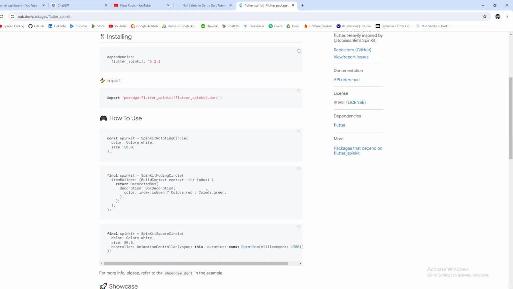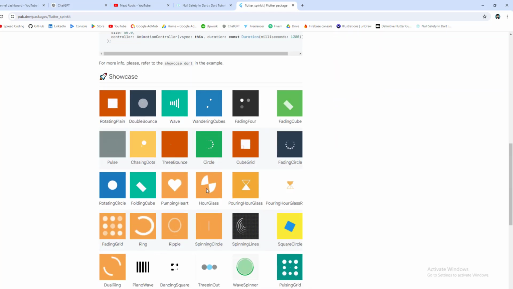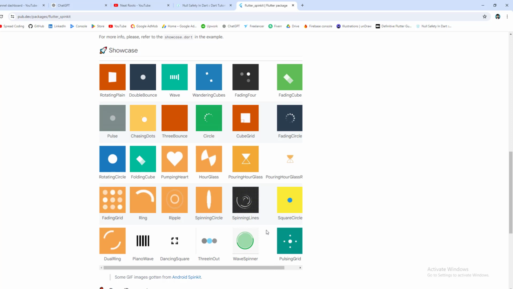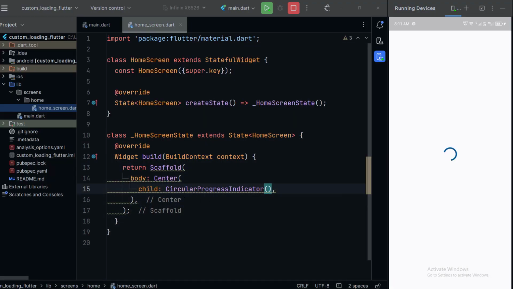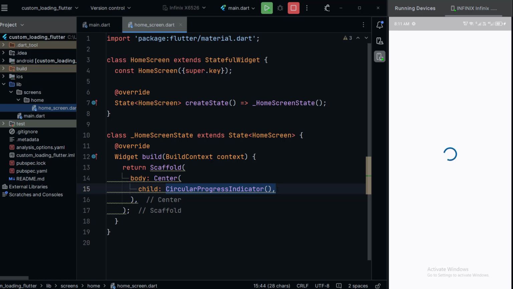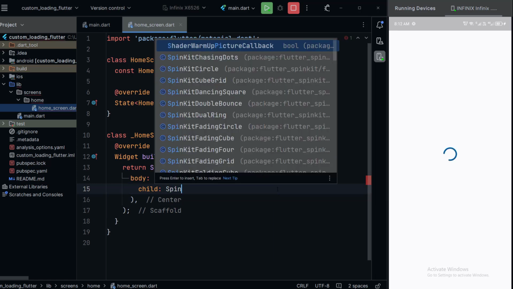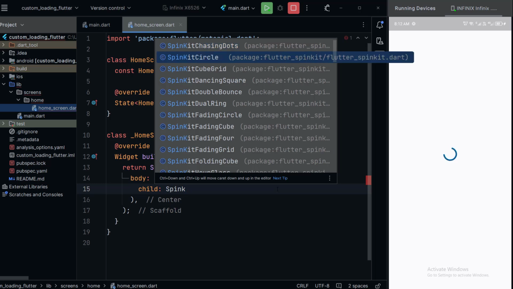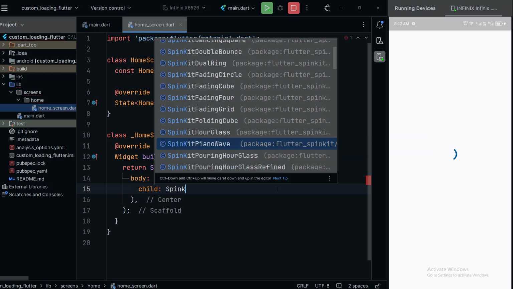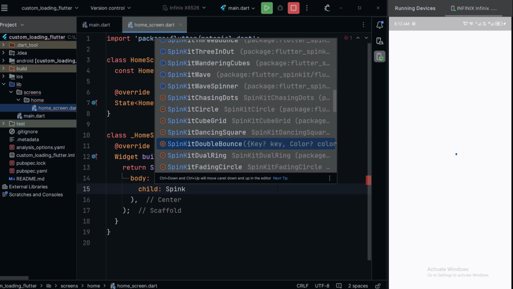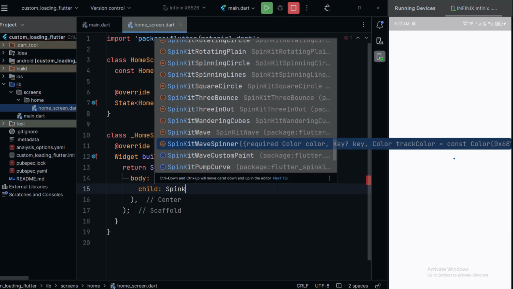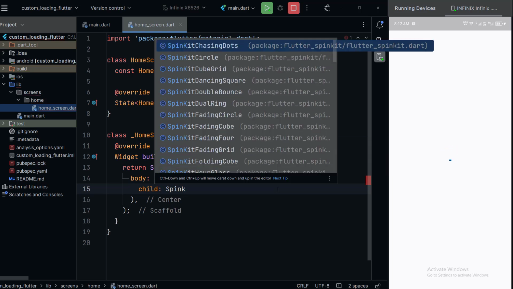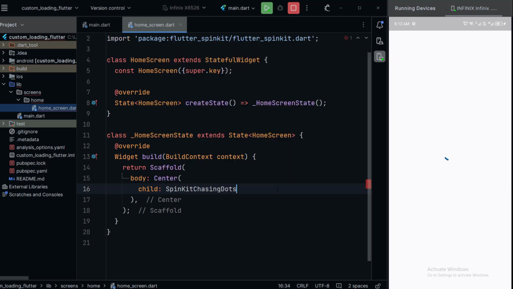Here open documentation here and scroll down. You can see multiple loadings are given here. We can use anyone from here. I hope you understand. Let me show you. Here instead of circular progress indicator, let me use Spinkit. Here you can see if I type Spinkit, you can see it is showing multiple loadings like this. You can see here multiple loadings. You can use anyone. Let me use first one, Spinkit chasing dots,